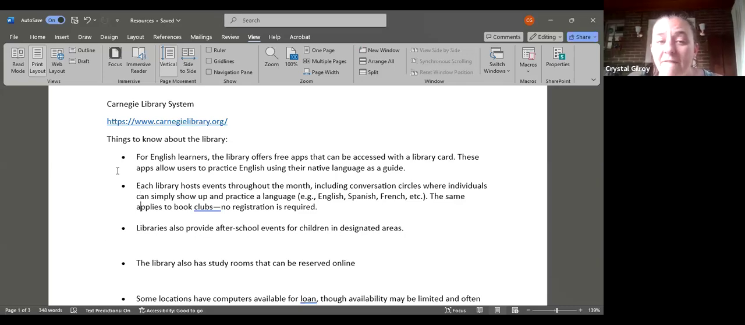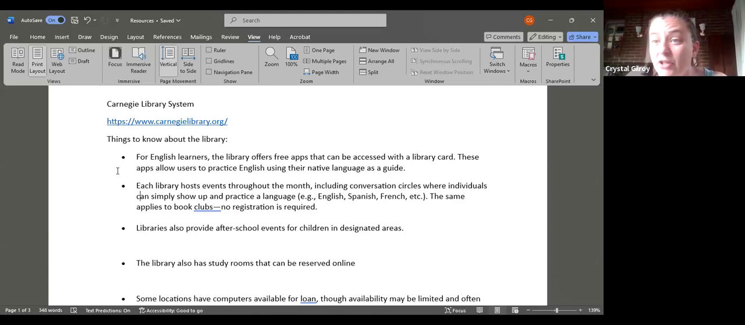Libraries always have events throughout the month. Depending on the location, and I can't boil this down to specific libraries, we know the downtown library runs them and various community ones do, but each one runs different types of programs because the library system runs throughout the area. Within the Carnegie Library system, they also host conversation circles,